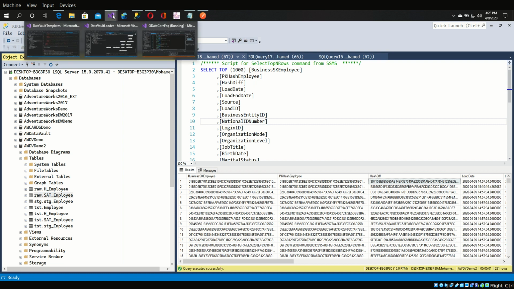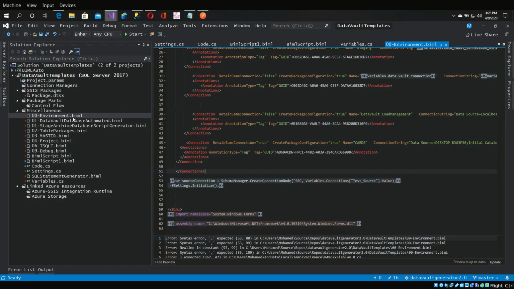I found a very handy tool called BIML. Now, this tool is basically an XML and scripting engine, and you can use it for free. There's a free component called BIML Express, and there's of course a paid component. It's by a company called Varigence, and what this does is it basically creates for you